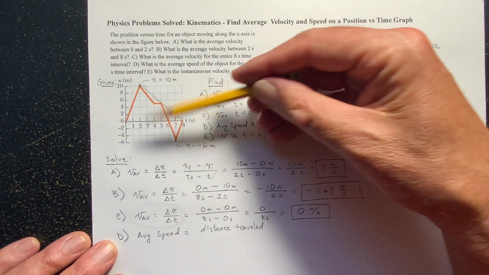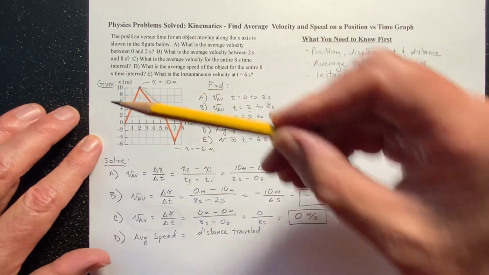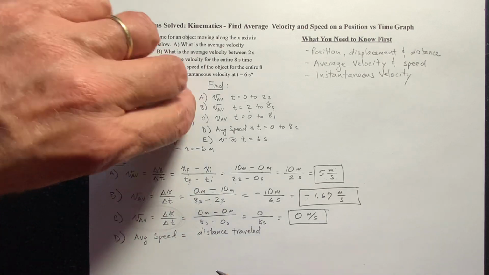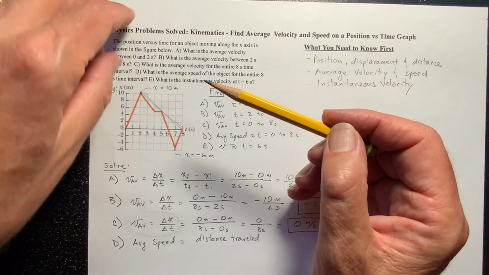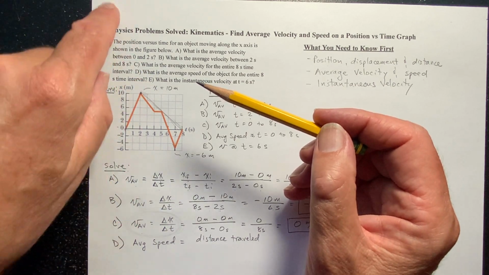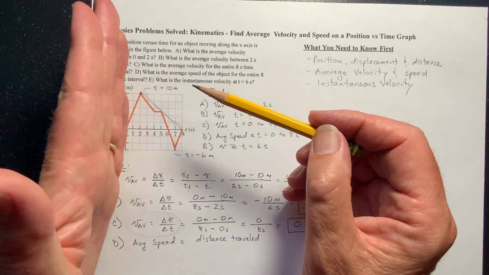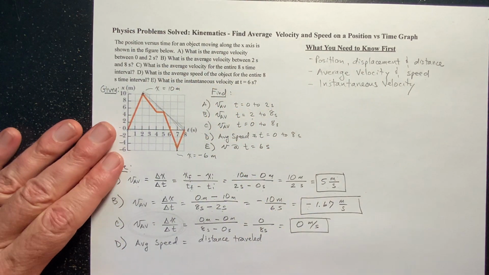Remember also that the motion of this object is just up and down here. It's not like something is moving like this and then down and then like that, no, it's going up and back and forth. One-dimensional motion along the x-axis. We just take this back and forth motion and we spread it out over time to create a position versus time graph. So getting back to average speed,